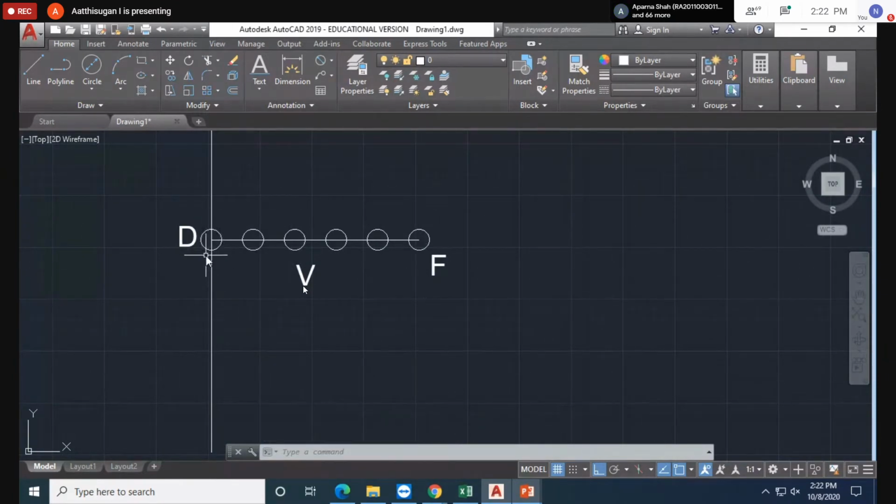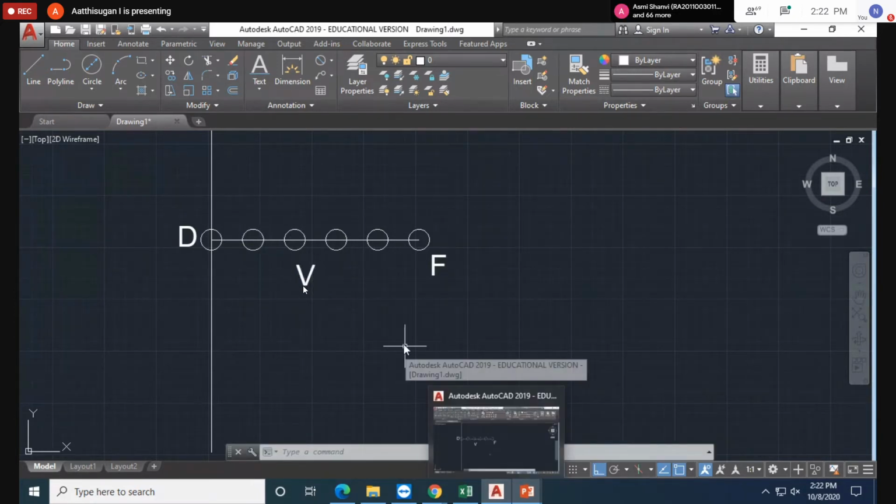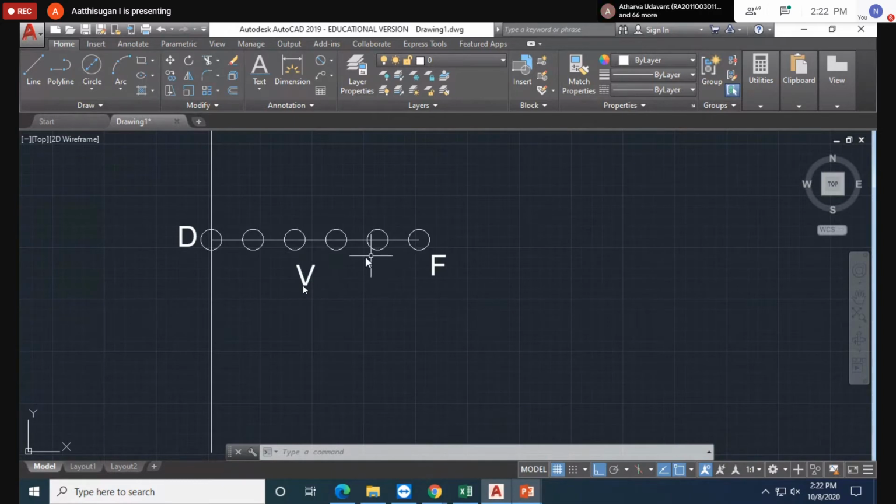Now you can understand eccentricity: the distance between vertex to focus, that is 30 mm, divided by directrix to vertex, that is 20. That's why they gave 3/2. The distance between this 30 divided by the distance VD is 3/2. Any doubt up to this point?